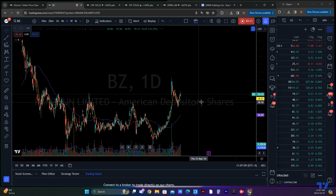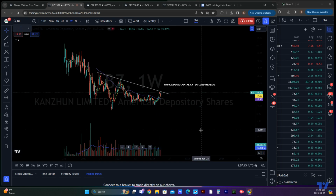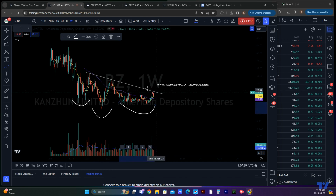Another name, BZ, looking poised to potentially continue this breakout trend line. What's interesting about this particular chart is a lot of these charts are looking very similar. They've created this large, multi-month, 12-month base off of a higher low pattern. It looks like you want to potentially break higher in some of these names. So one that's potentially on the near-term precipice: